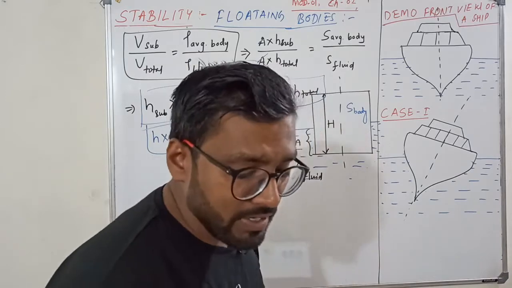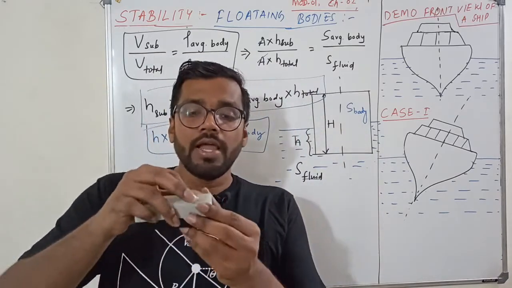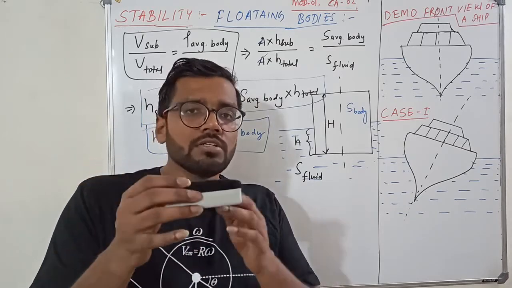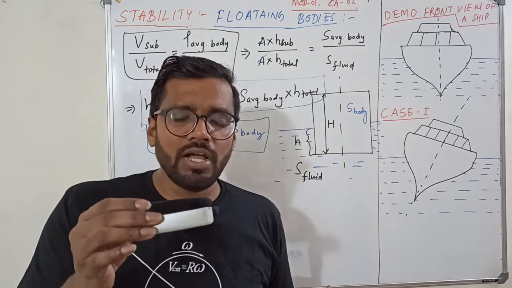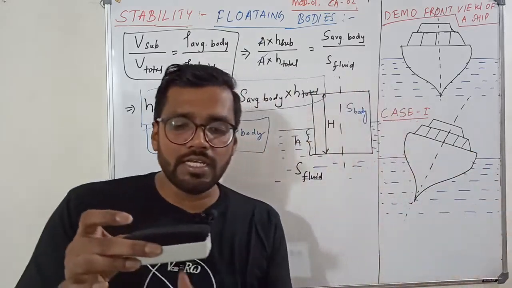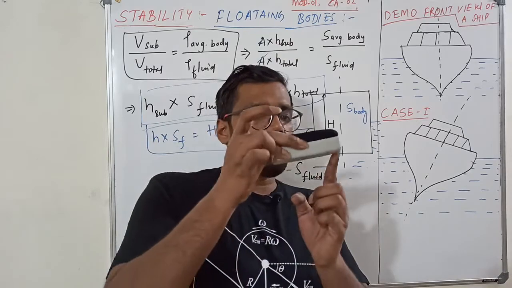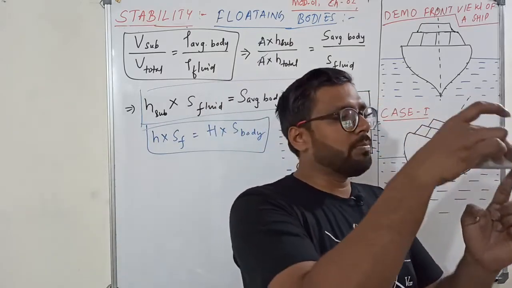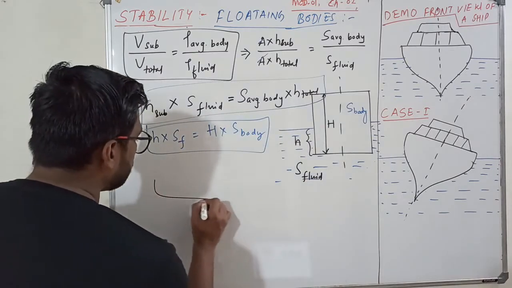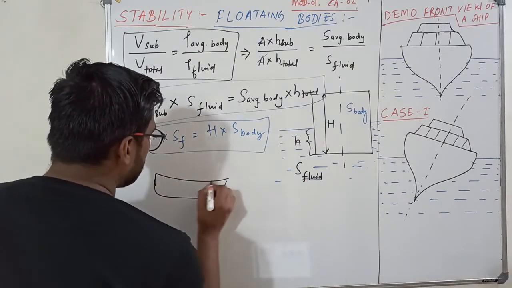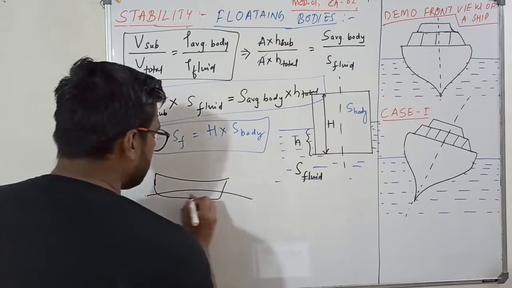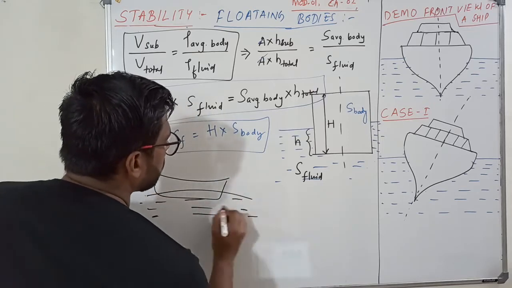I have seen, even this is a boat, and suppose this boat is moving not in a sea, even in a river. How I have seen is, it always goes like this. Even if there is no wave, I can see this boat goes up, down, up, down, mainly the front part. Why is it so? Why does the boat move up and down in a fluid? So this is the river or any fluid surface.